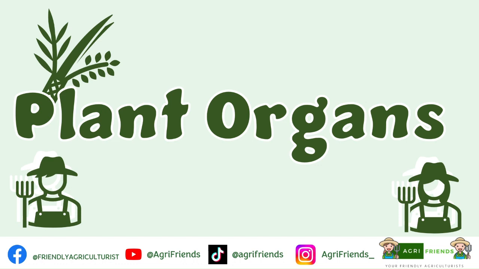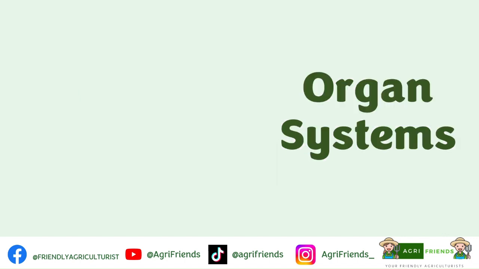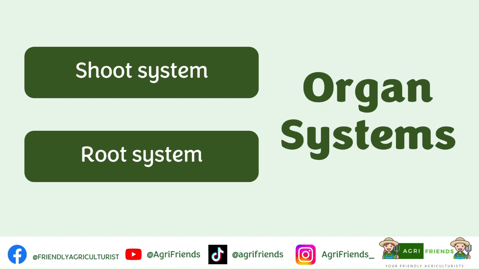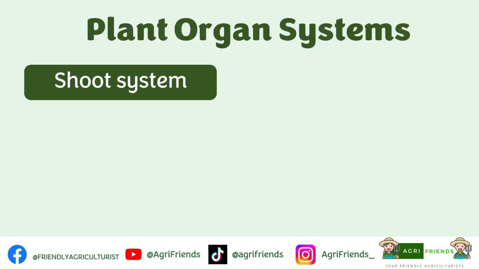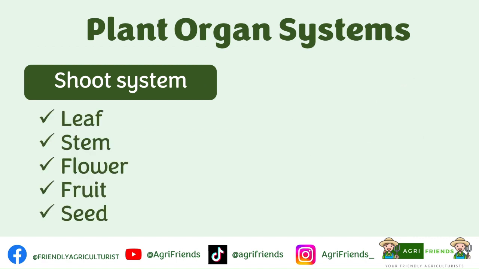Today we are going to talk about plant organs. So an organ is made up of several tissues, while a tissue is made up of several cells. So in plants, there are two organ systems, the shoot system and the root system. The shoot system refers to the above ground structures, such as the leaf, stem, flower, fruit, and seed, while the